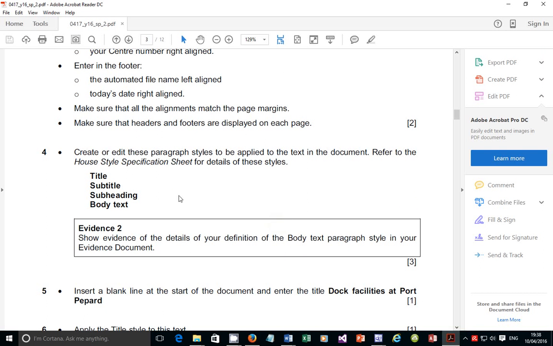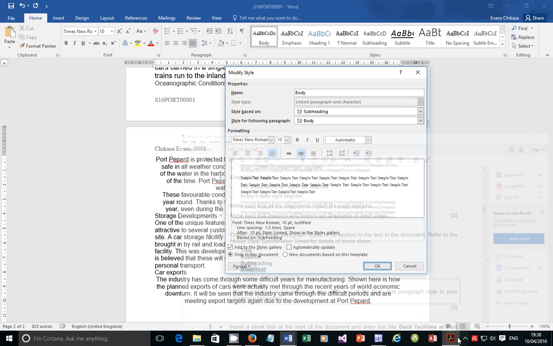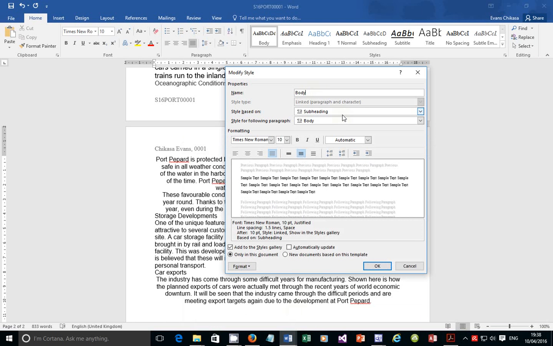If you go back here, the style is supposed to bear the name body text. So may I just come back here and modify the name? Sorry about that. Modify the name to body text. Remember, I did attempt to type body text and it told me that it was already existing. Probably it's because I tried to work through this paper beforehand. So what I'm just gonna do is put an underscore and say body text,